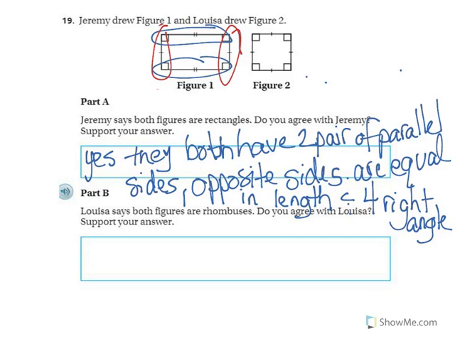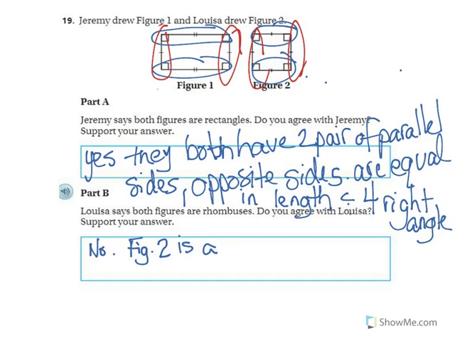Now looking at figure 2, we have our 2 pair of parallel lines, but also all 4 sides are equal in length. So our answer would be no, figure 2